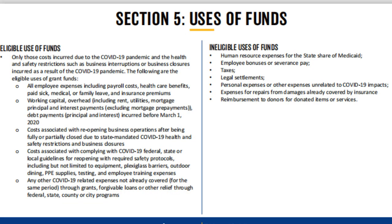So how can you use these funds if you are eligible to receive the grant? Well, you can use these funds in any way that covers a cost that was incurred due to the COVID-19 pandemic. The following are eligible for use of grant funds: all employee expenses, including payroll costs, healthcare benefits, paid sick